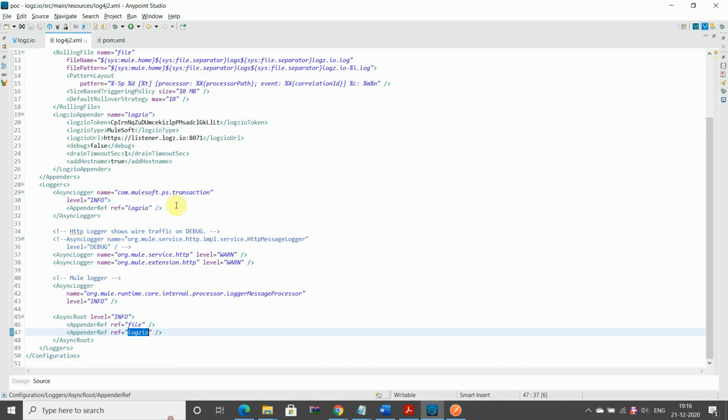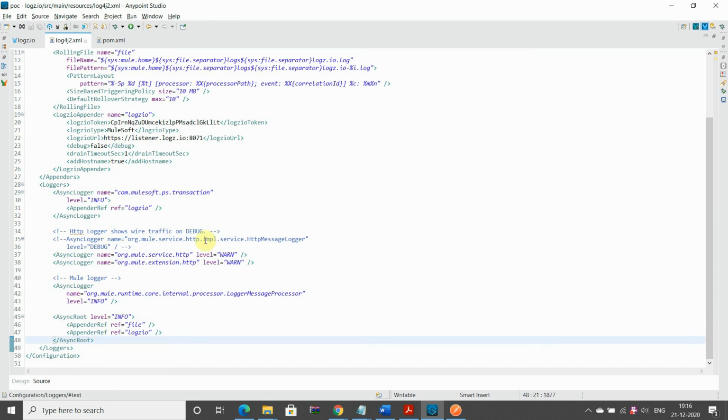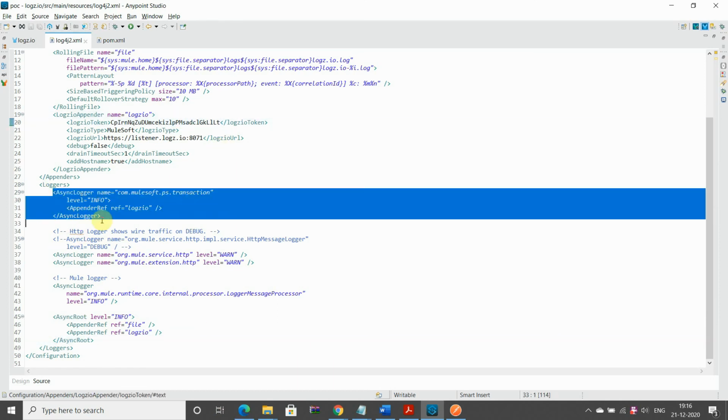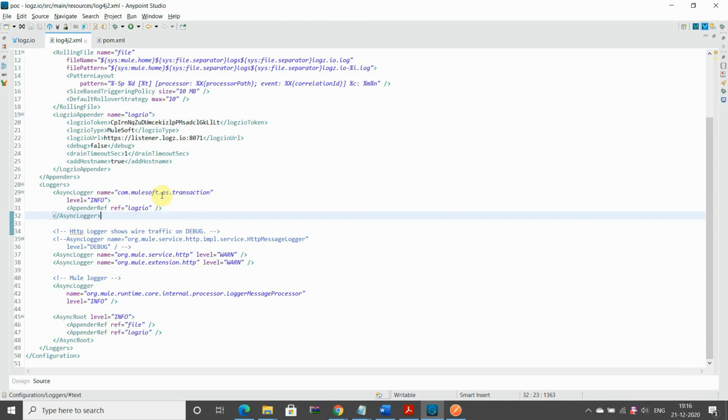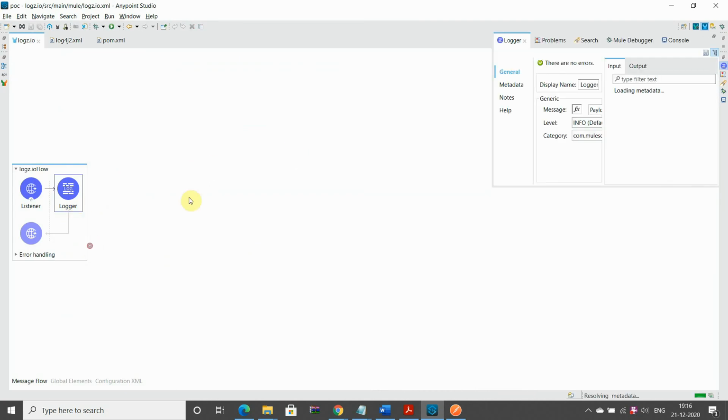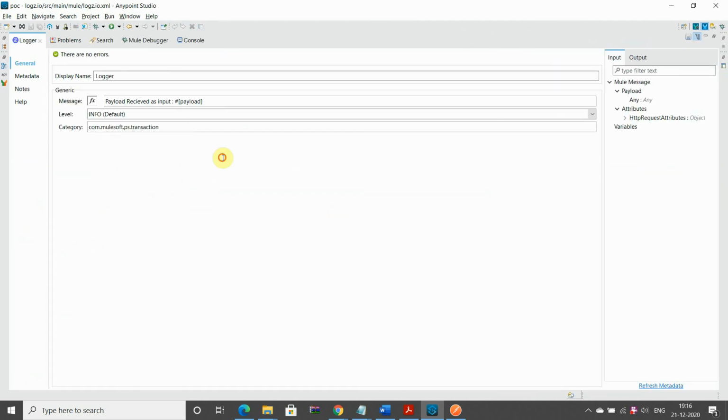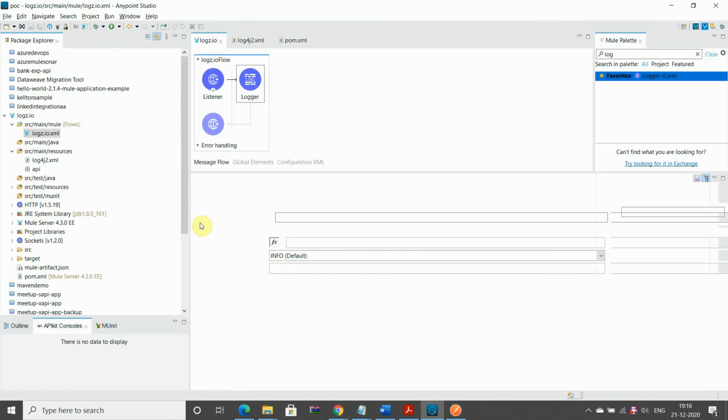This logjet I have already defined here, so that whenever I send info data, it will go to the logjet. Else I can define my separate async logger, and I have to define this category to the logger component, and it will forward my logs to the logjet.io. This is a simple configuration.